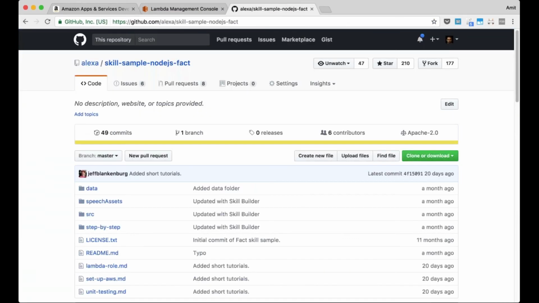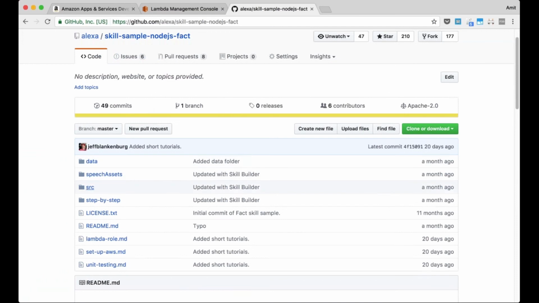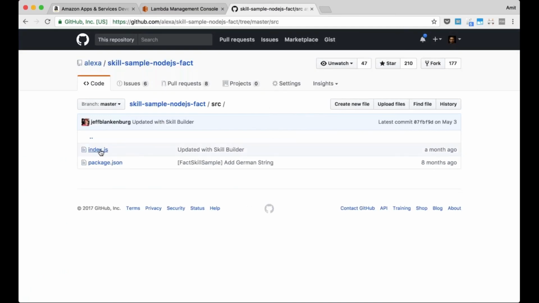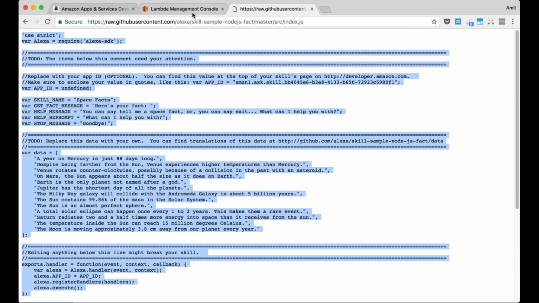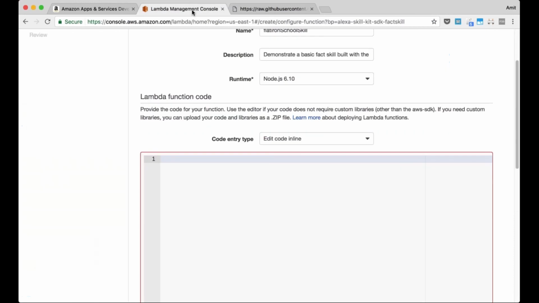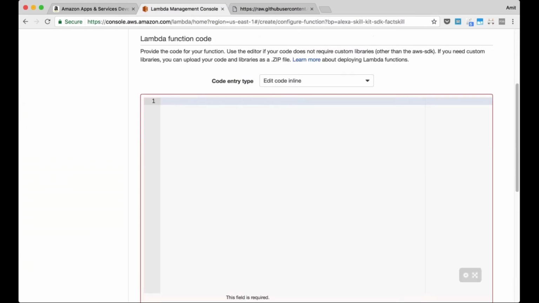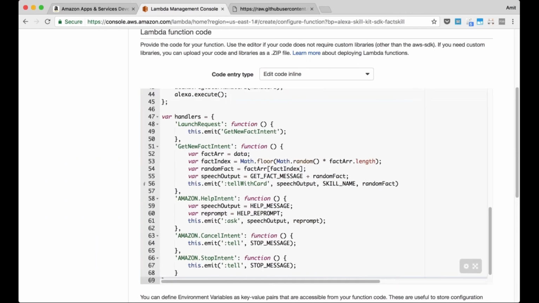Again, back to our Node.js fact template and go into source and find the file index.js and click on raw and copy the whole thing. Go back into my Lambda function and paste that into this box here.